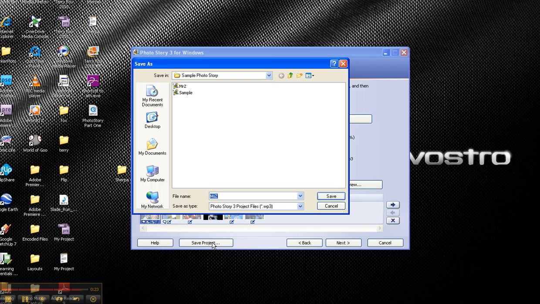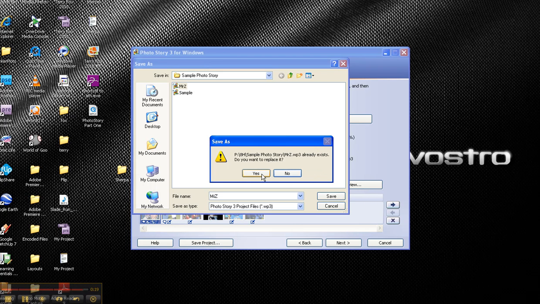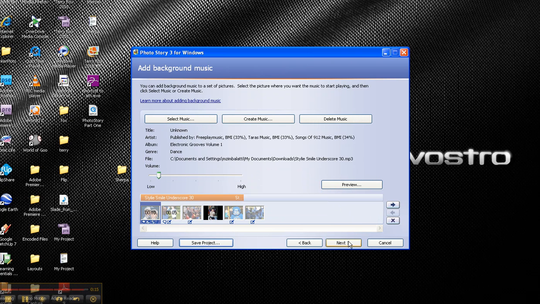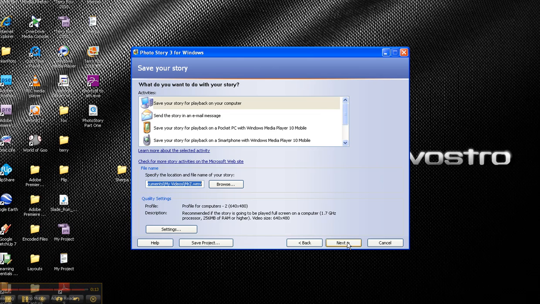I'm going to save the project. It's a good time to save it. There's the file. Click save. And I will replace it. Yes. And I'm on to the next step now. At this stage, this step, it says save your story. So this is where you convert your production into